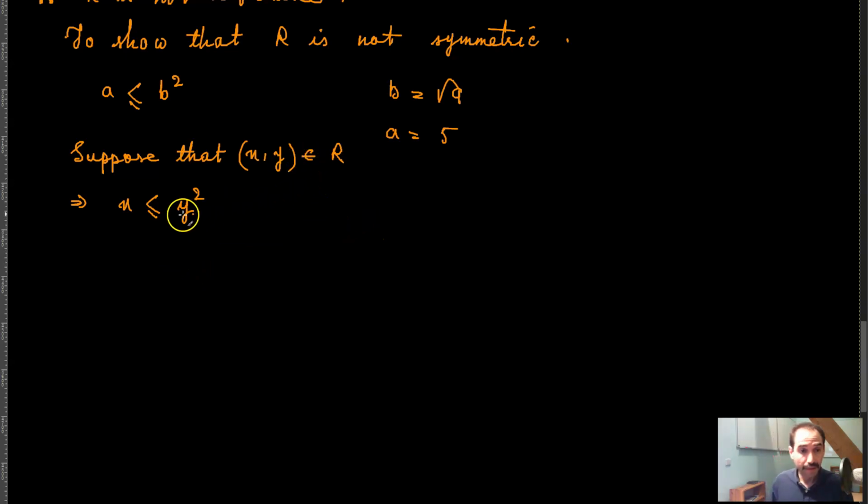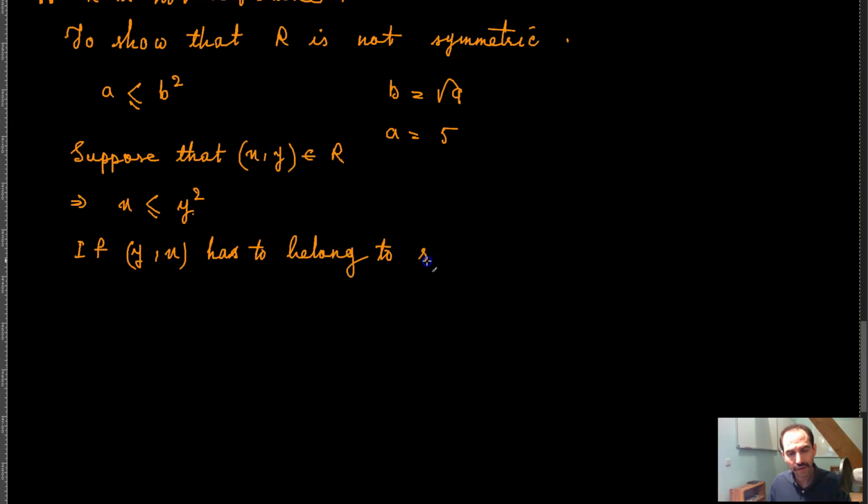Now, what you can say here is that if (y, x) has to belong to R, basically y has to be less than or equal to x squared, right? Y has to be less than or equal to x squared, which cannot be